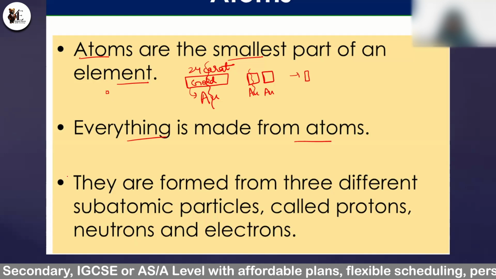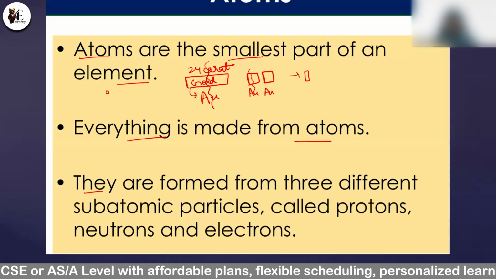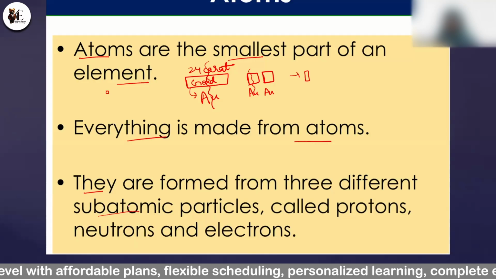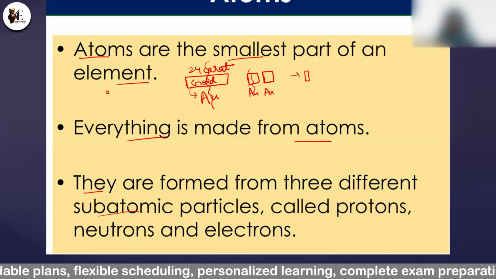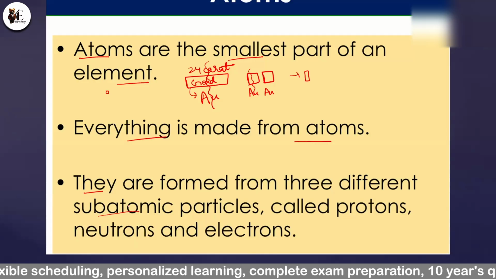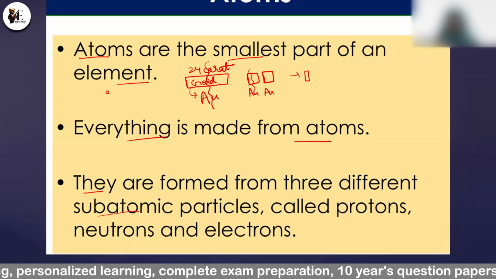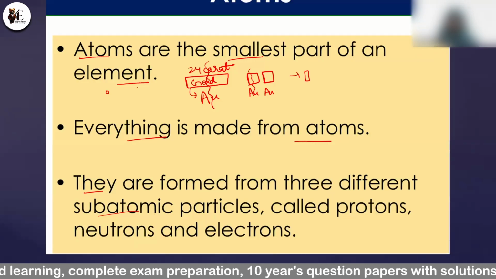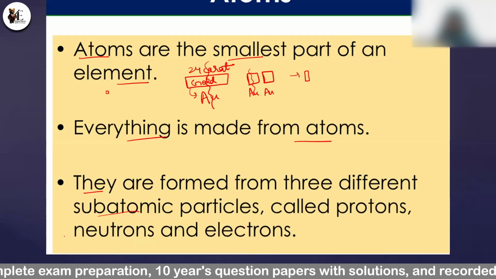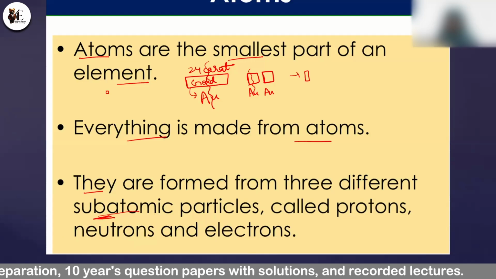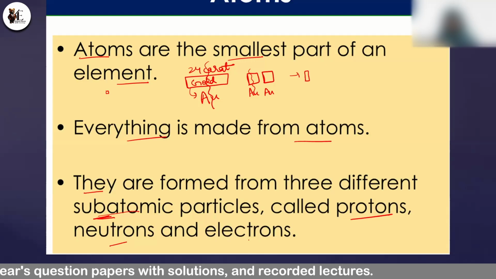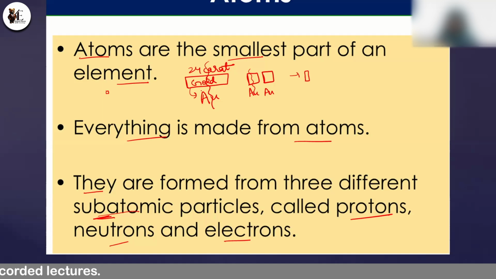Atoms are formed from three subatomic particles. Earlier, it was assumed that atom was indivisible. You cannot divide atom, it is the smallest unit. But in chemistry, researchers have investigated, experimented, and proved that atom is still divisible, and it consists of three subatomic particles called proton, neutron, and electron. So the theory that atom is indivisible fails. Now we can say that atom is divisible and contains three subatomic particles: proton, electron, and neutron, right?